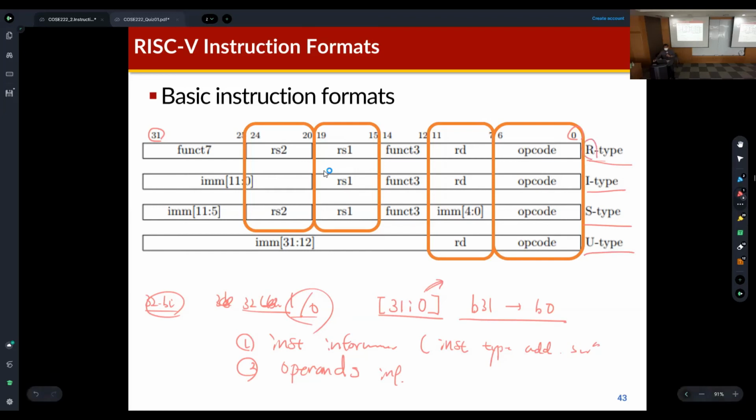As I said, most of the arithmetic instructions have the R-type format, like add x1, x2, x3. This is an example of an arithmetic instruction. These arithmetic instructions have a destination register number and two source register numbers. If you see this R-type format, we can find that this format includes the